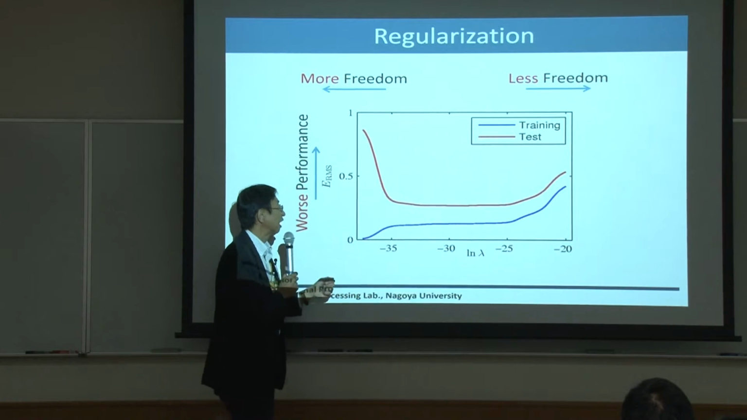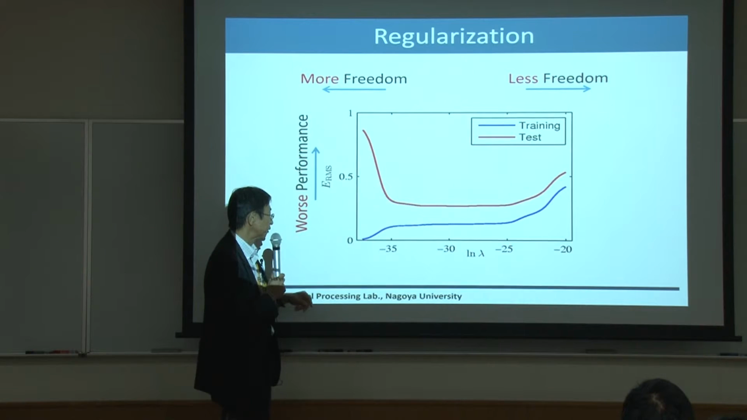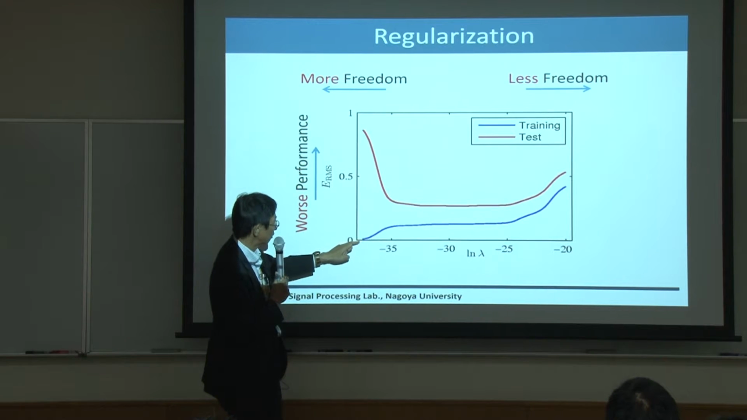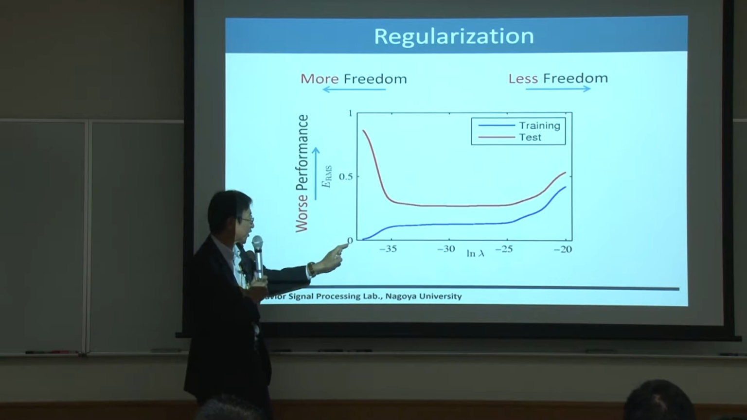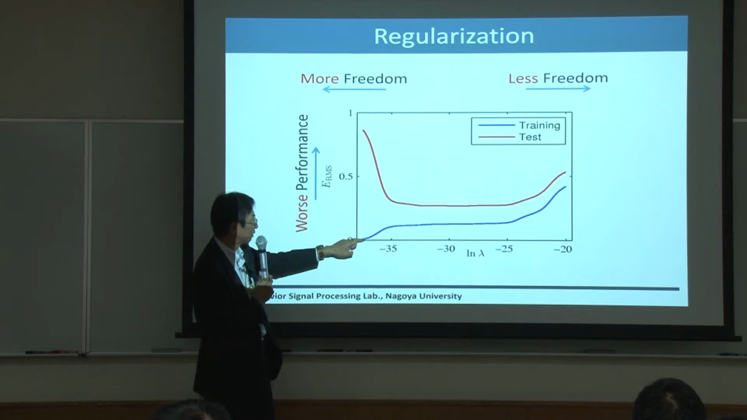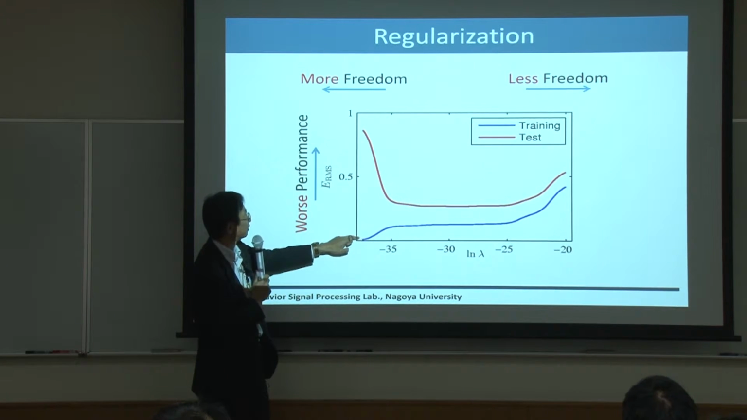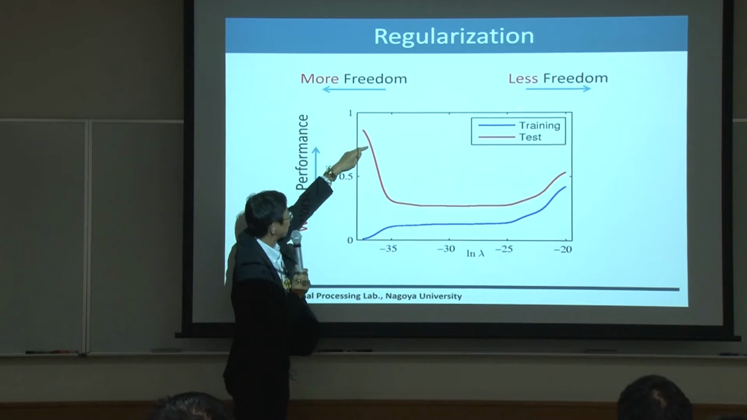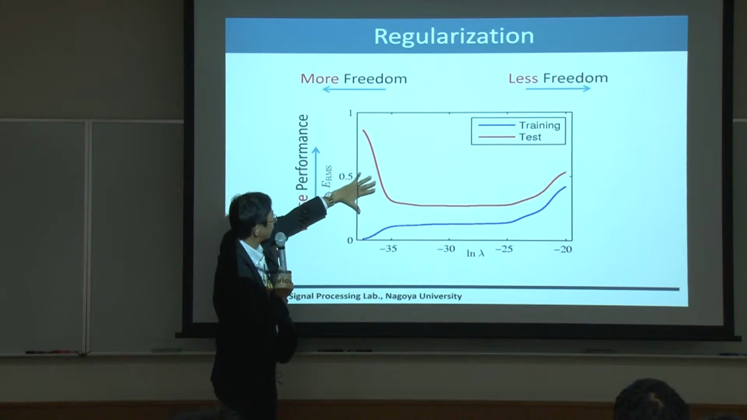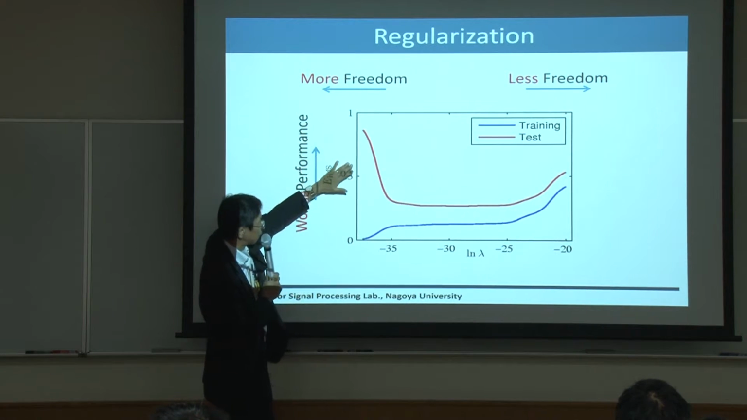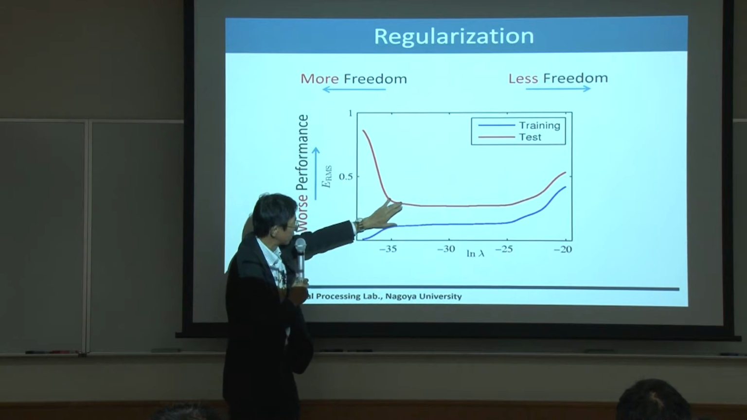On the other hand, if the penalty to the model complexity is very small, then the training data can be almost perfectly fit to the system. Therefore, the error is very small. But when it is applied to the test data, unseen data, the discrepancy is very big. In other words, the error is very big. So we need to find a good compromise